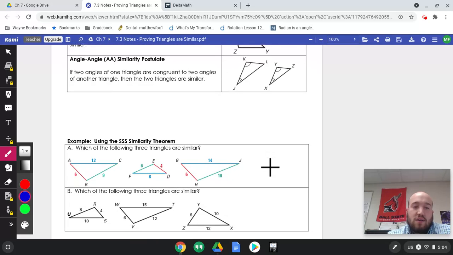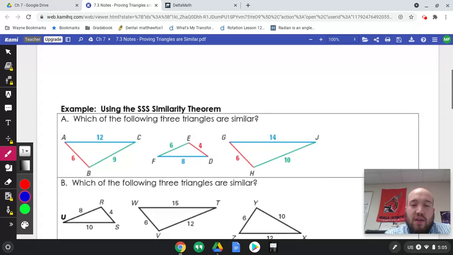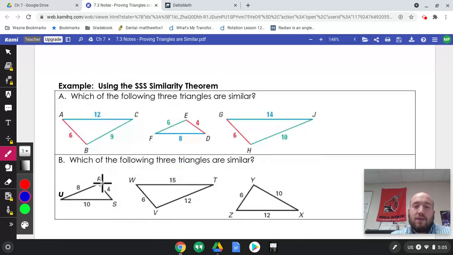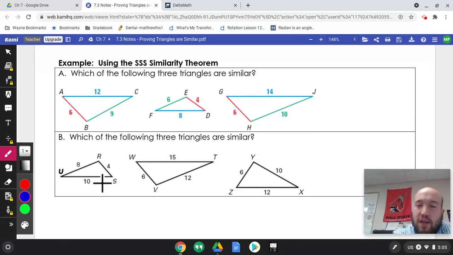So down here, using the side-side-side similarity theorem, which of the following three triangles are similar? All we have to do is check. This one helps us out because it color codes it for us: red, green, and blue. We want to check, are these proportional? In order for them to be similar, there would have to be a proportion that is consistent throughout. We can start with the first two. The longest side here, 12, will match with the longest side there, which is 8. So I do 12 over 8,